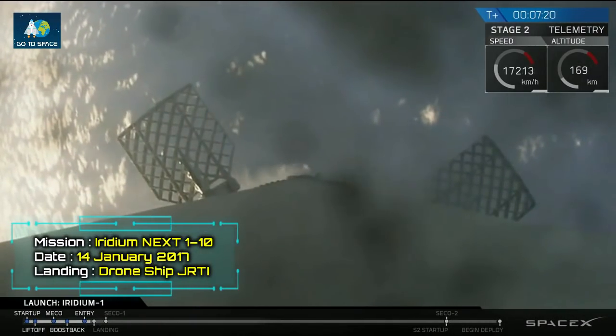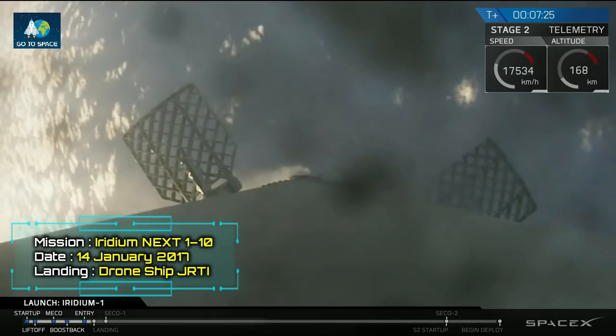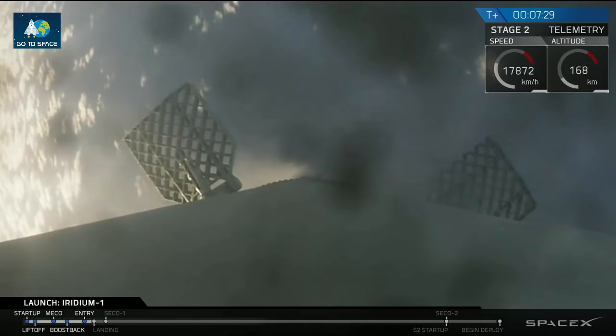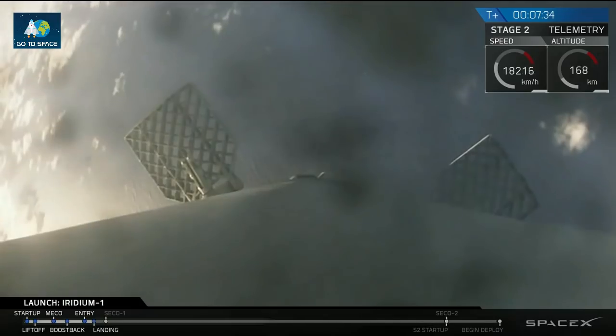Great shot that is. It's beautiful. Now, as you know, sometimes we lose that video in the drone ship. There's a lot of vibrations happening there. We're going to try our best to keep that link, and hopefully once that landing burn hits, we'll catch it, we'll see it visually. And if all goes well, Falcon 9 will be standing proud there on the deck of